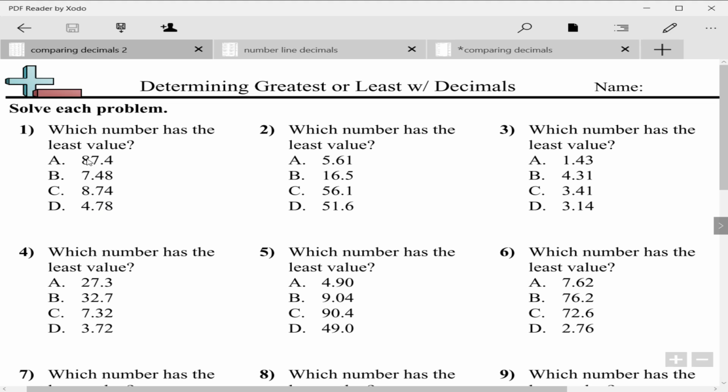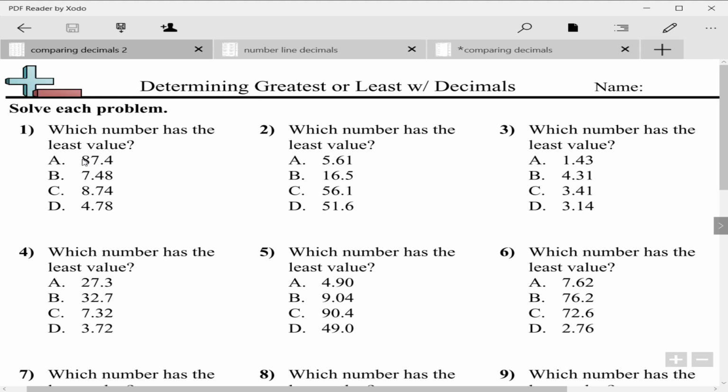Now, basically, what you want to do is look at the numbers from the biggest place value to the smallest. So we have 87.4, or 87 and 4 tenths, 7 and 48 hundredths, 8 and 74 hundredths, or 4 and 78 hundredths. So I can tell you right now,